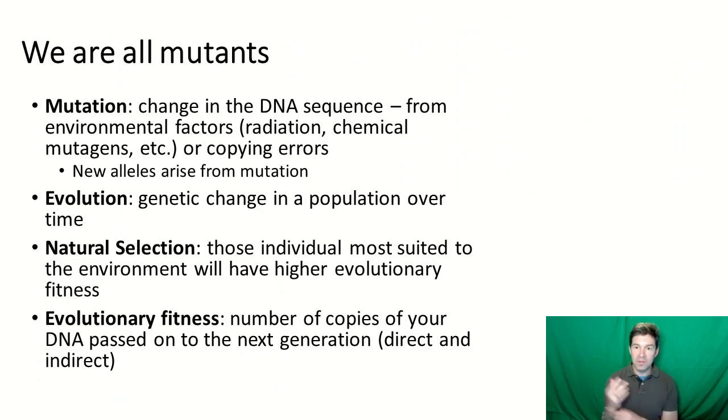So just a couple definitions to tie things up and make it neat. Mutations, change in the DNA sequence, right? So if you go back and think about what we talked about and how genes work, remember a gene is instructions to build a protein. And if I change those instructions, the protein's a little different. And that's the difference between whether you get more melanin or less melanin, whether you have brown eyes or blue eyes or whatever color, right?